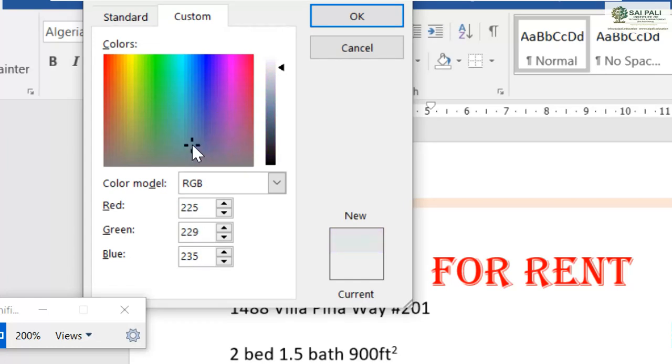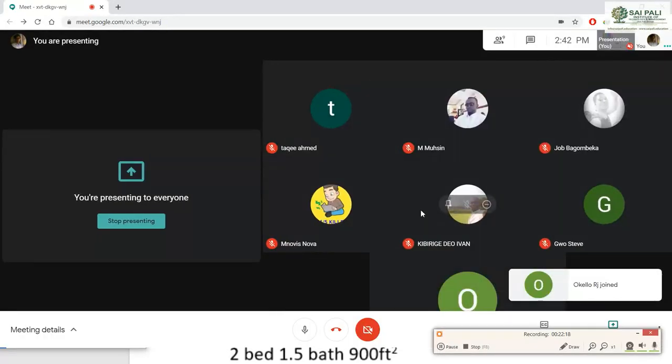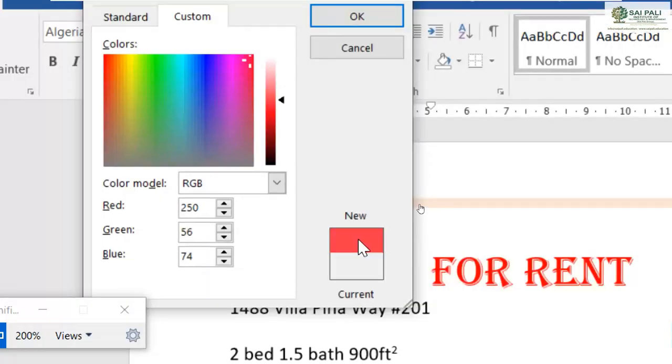I can put my marker somewhere in this color option, and then I can change the shade from here, lighter to darker or darker to lighter. And you can see the preview here in this box.